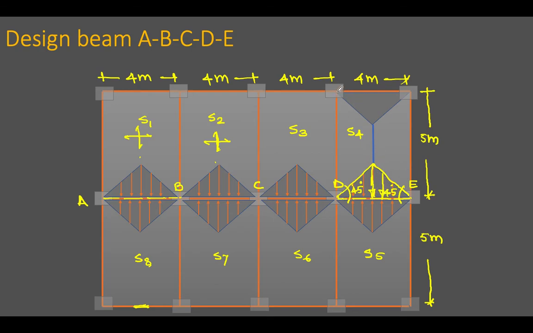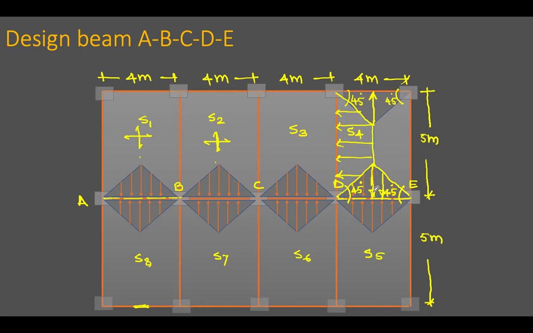So on this beam we will have such a triangular load. In the same way for this side also we get one triangle at an angle of 45 degrees. This is also 45 degrees. So for this particular beam we have this trapezoidal load, as you can see over here. So in this way, when we consider load transfer from slab to beam, on the longer beam we have trapezoidal load, and on the shorter beam we have triangular load.